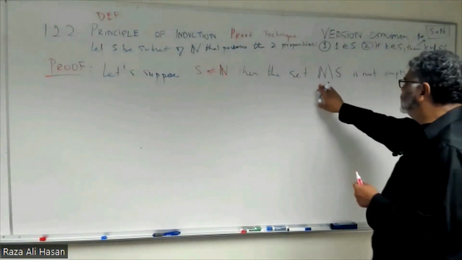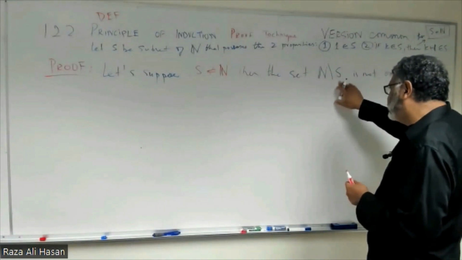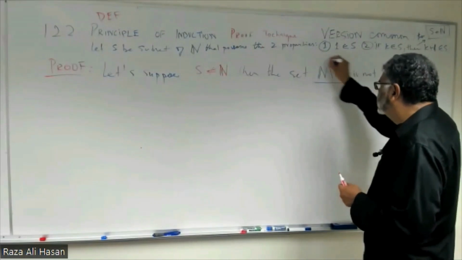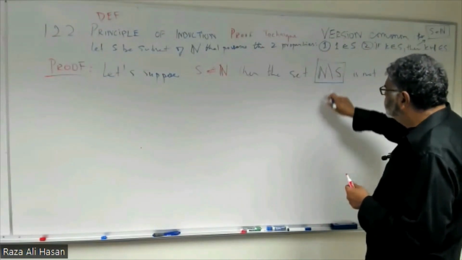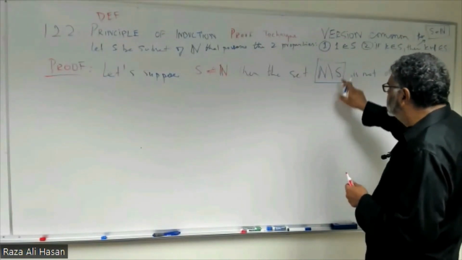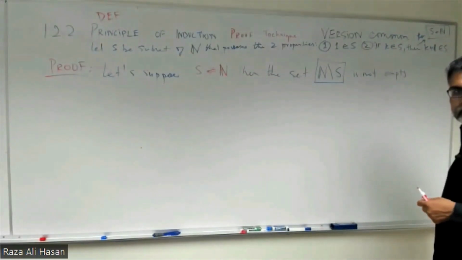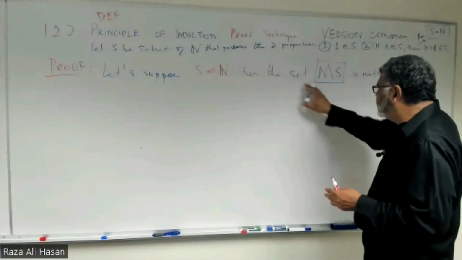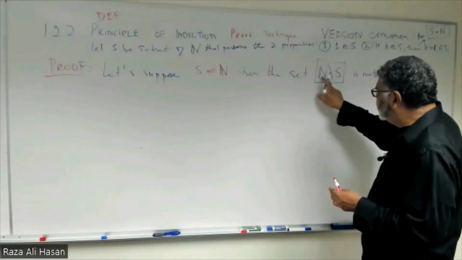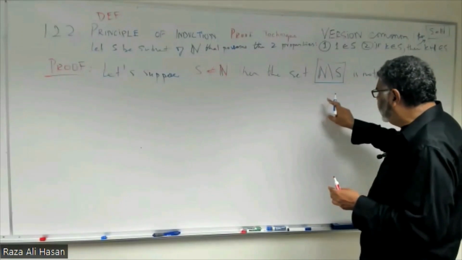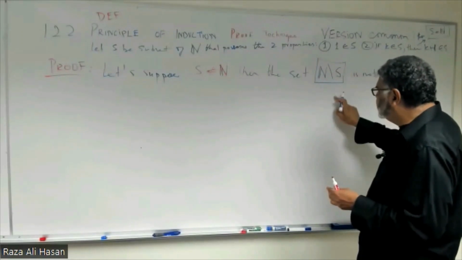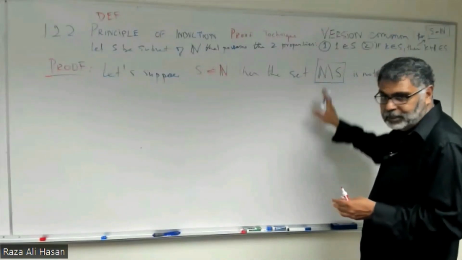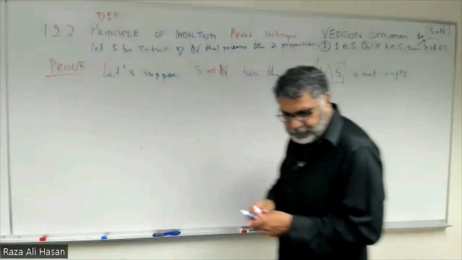This is the set N backslash S. All the elements in this set are the elements of N that don't belong to S. So this set will contain all x that are in N but not in S. Only x's that are not in S will be in here. Okay, so what that means is that we have